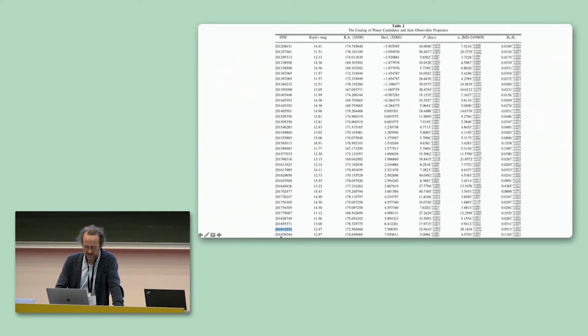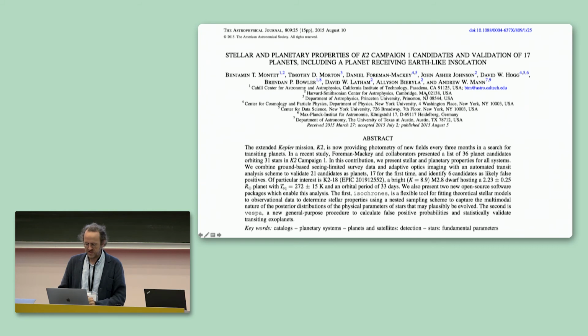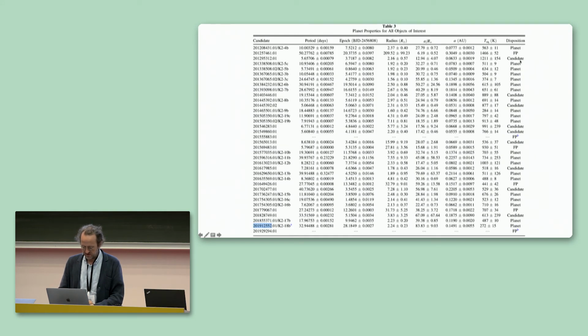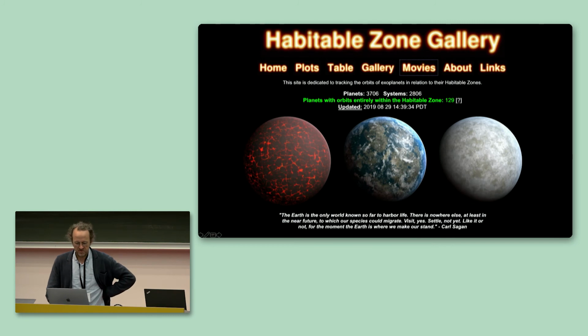A few months later, in another paper, people looked at these 30 candidates in more detail, and sure enough, they confirmed about half of them. There were a few false positives, and the rest were still open. But this one that I marked before was confirmed. And what was nice about this planet was the temperature: 272 Kelvin, plus or minus 15, which is a reasonable temperature for liquid water. So that was an interesting planet. It was in the habitable zone, not too hot, not too cold, but nice and temperate.